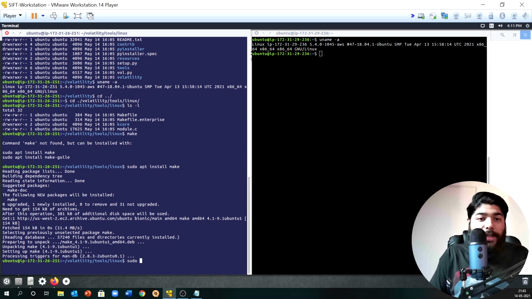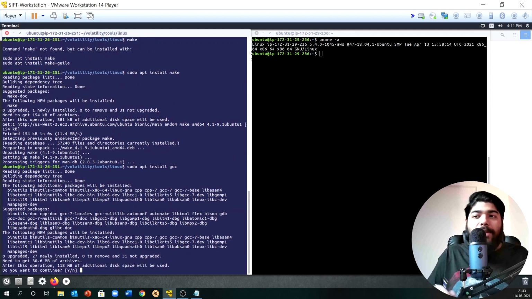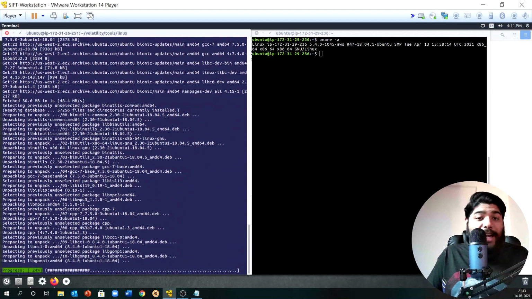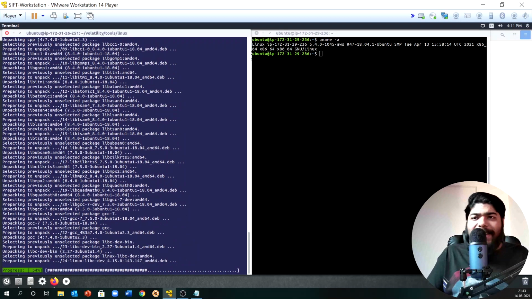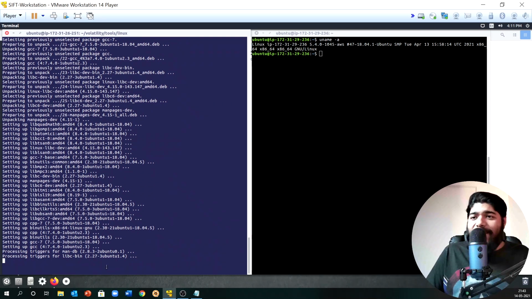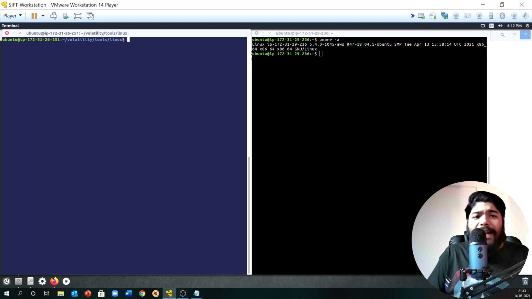We need to install gcc with sudo apt install gcc, because gcc is a compiler that we also need to compile this make command or anything else that we are going to run. Okay, so let's see that. It will be really quick, I guess. Depending on your bandwidth speed, and we are using AWS anyway, so it has to be really fast, right? So it's done now. Okay, so I'll clear up my screen and I hope this time my make should run.